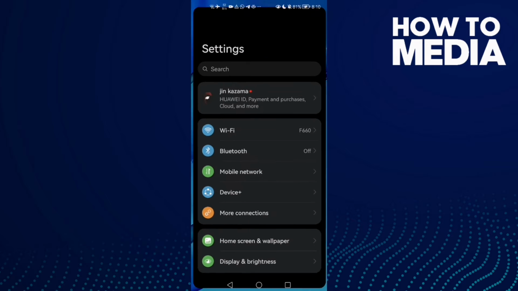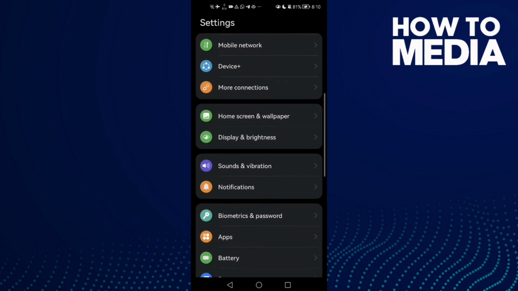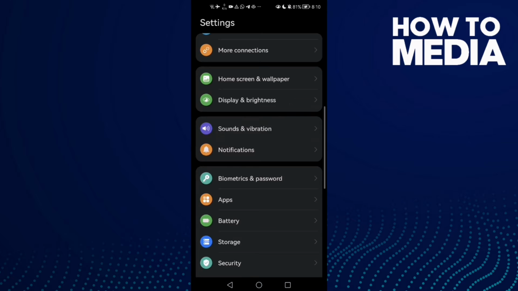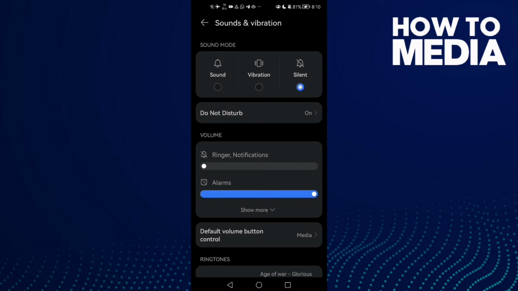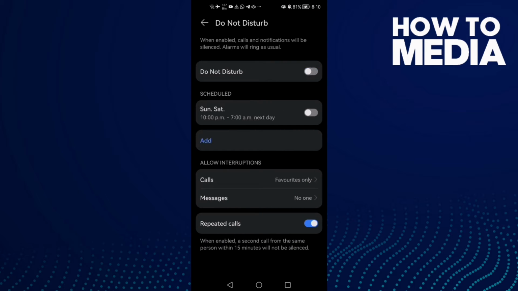First, open settings, and then scroll down until you find sounds and vibration, and here you will find Do Not Disturb. Click on it. You will find it like that. All you need to do is just click on it, and as you see, Do Not Disturb has been enabled,